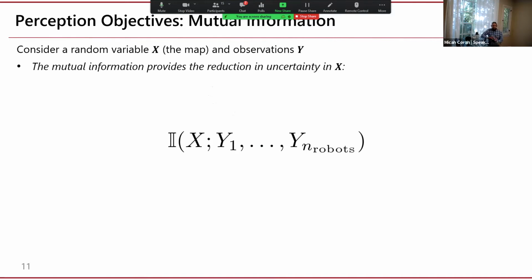So changing tracks just a little bit, information-based objectives, so-called information theoretic objectives, are based on different forms of mutual information. And mutual information characterizes how much information an observation of one random variable will provide about another. And as written here, the mutual information describes the expected reduction in uncertainty of the random variable x, which represents the map of the environment, after obtaining the robot's observations y1 to yn. So you might wonder how similar is information gain to, say, another notion of coverage.